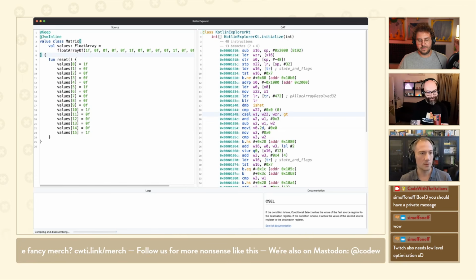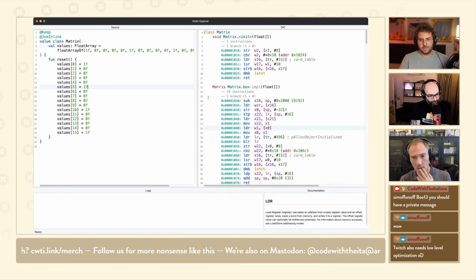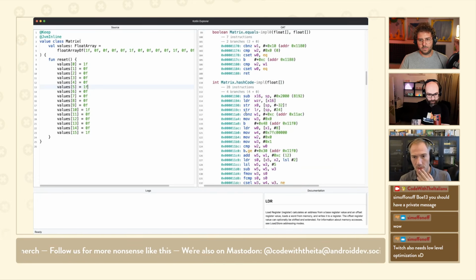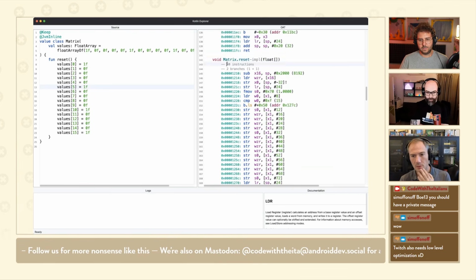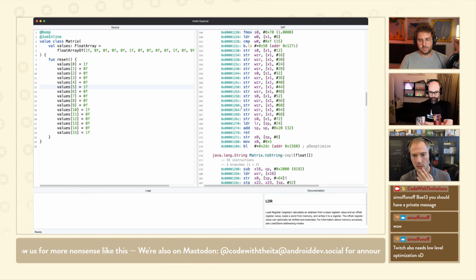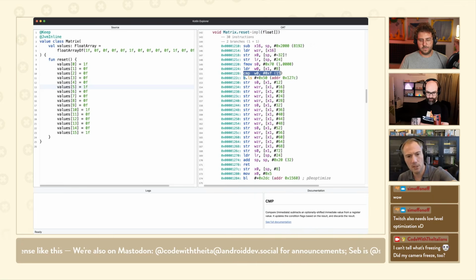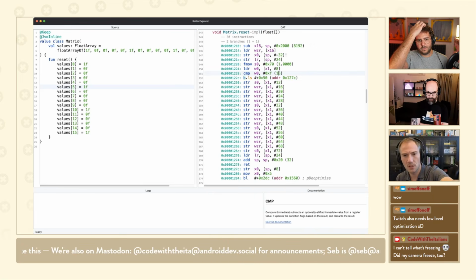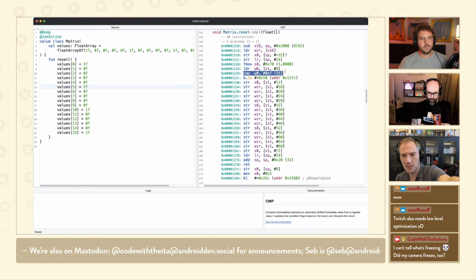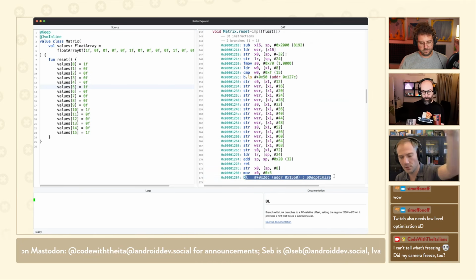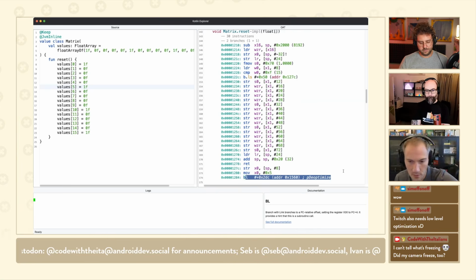So if I compile that code, we have array turned on, boxing, whatever, constructor, let's see, where is the reset? Okay, 30 instructions, 2 branches, and one of the branches is what I was mentioning earlier. There's a test at the beginning where Art is checking, okay, it looks like you're going to access 16 entries. So if the array is less than that, we're going to jump to this de-optimized code path that's going to throw the array index out of bound exception.